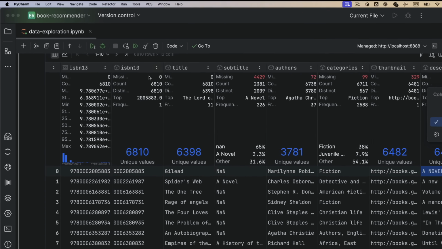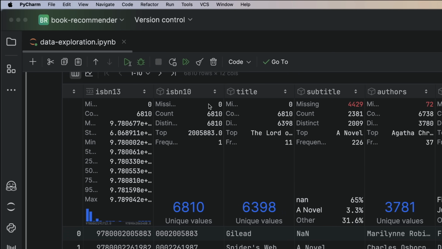So let's have a look at the information that this has given us. The first piece of information that jumps out is that we have 6,810 books. And if we have a look at the ISBN 10 column, we can actually see that these are distinct. So all of these entries are unique, and it means we're not going to need to do any